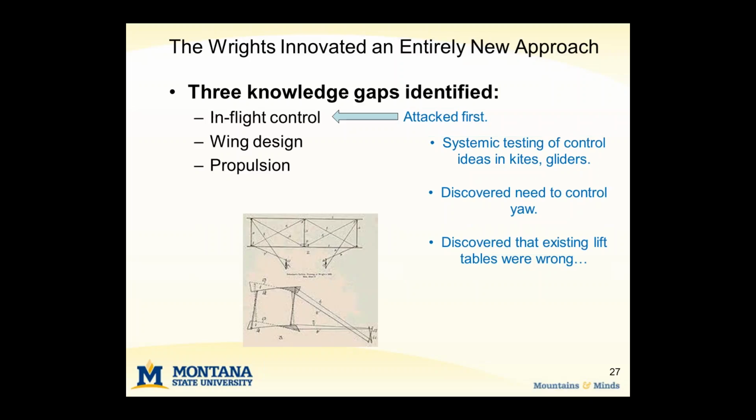The other thing that they did is they discovered that the existing lift tables that were used for wing design and that Samuel Langley was using were actually incorrect. Every wing that they designed using those tables didn't work, and rather than blaming themselves, they blamed the lift tables and said, you know what, we need to corroborate these findings. So